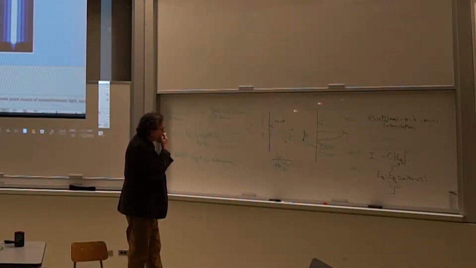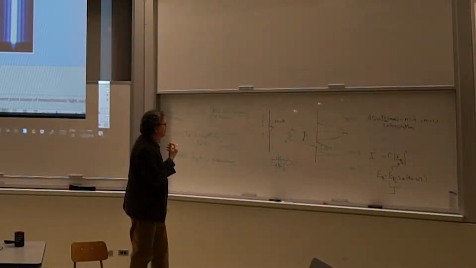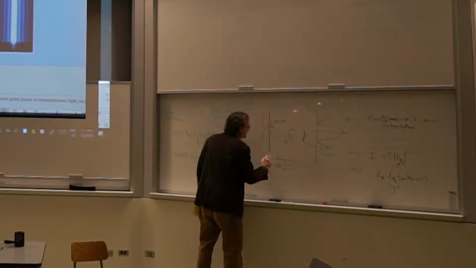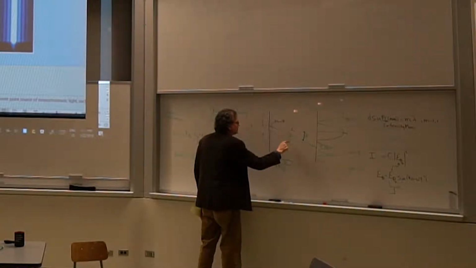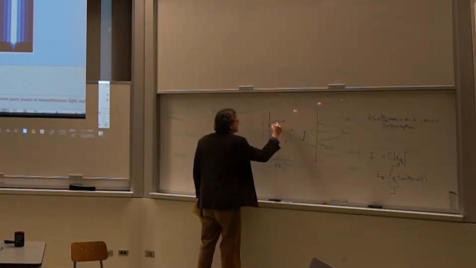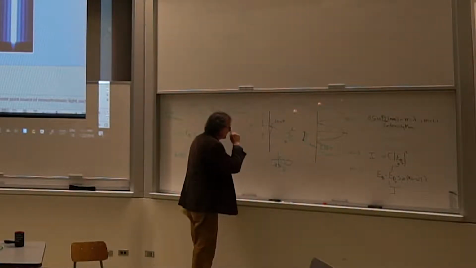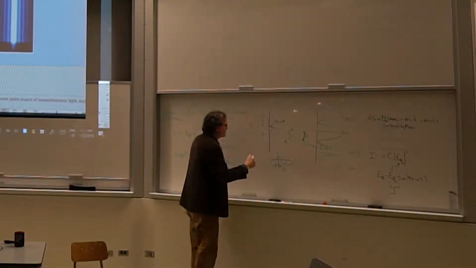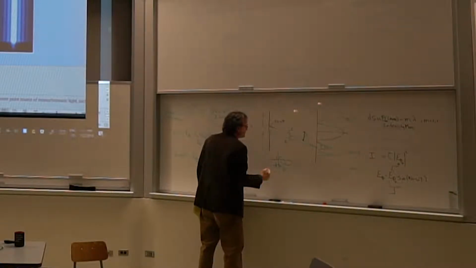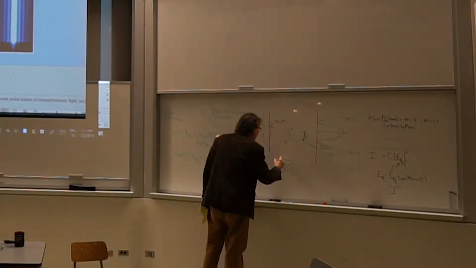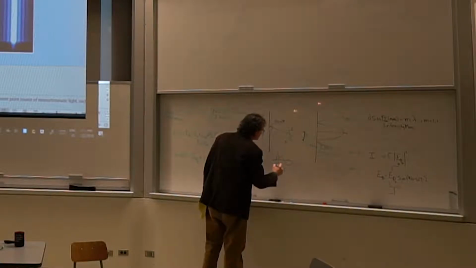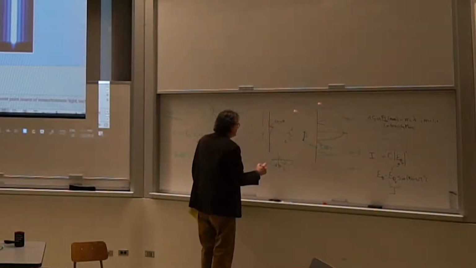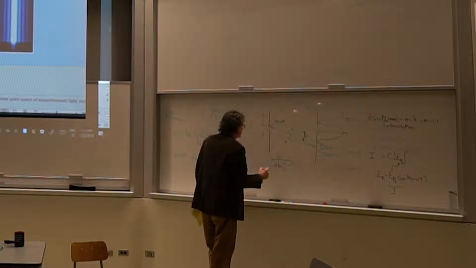So where are we heading with this? Well, what we need to know is that when I add these two waves together, they will in general be phase shifted from each other because one travels a distance d sine theta further than the other. So when I add them together, I'm adding two waves that have a phase difference between them. And I will expect then that there will be